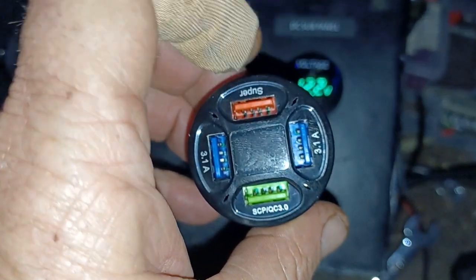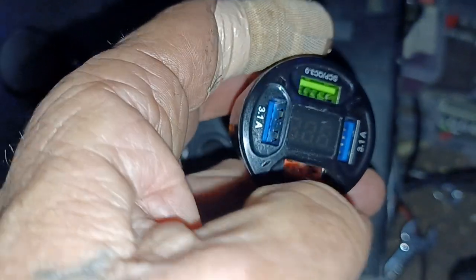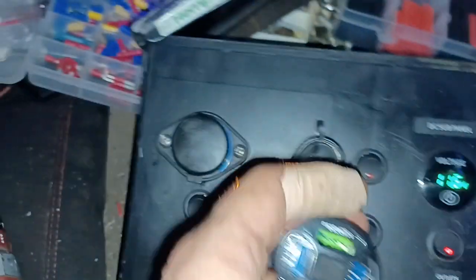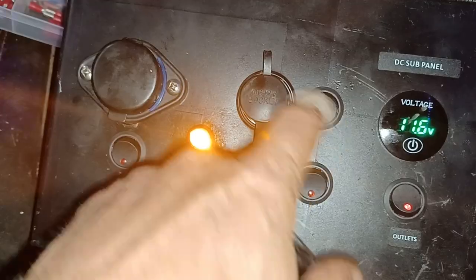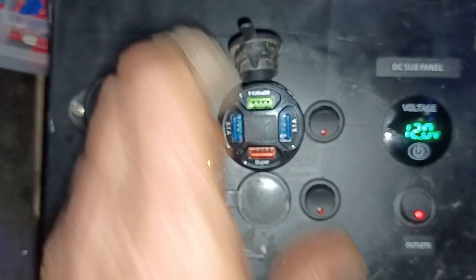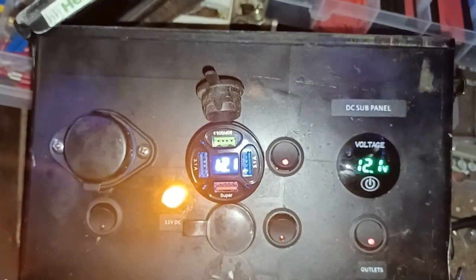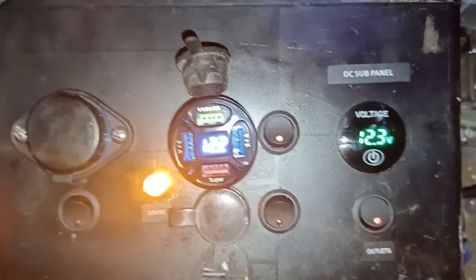And then you've got the supercharger, so you can plug a lightning charger into there. That's actually 6 amps, I think. Anyway, if you have more than 2 USB doodads that you need, plug this fella in, switch it on. It also tells you how many volts are coming through there, and you've got another 4 USB ports. So yeah, I thought that was a pretty good idea. And now that I've rambled on for 5 or 6 minutes,